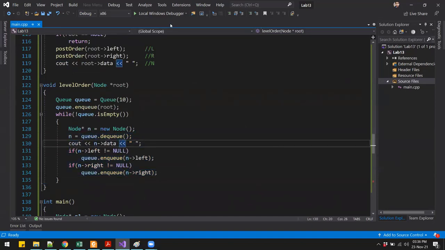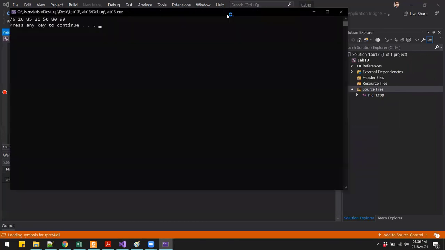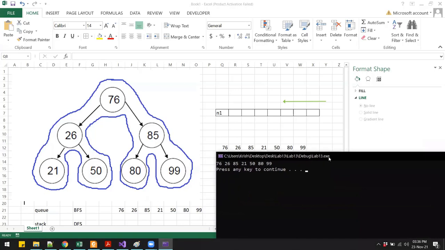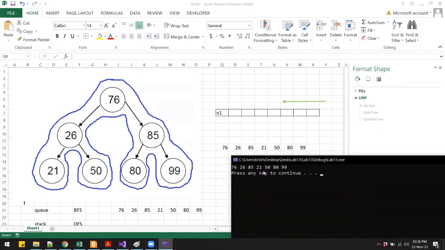Now when I run, you will see that we get the same output: 76, 26, 85, 21, 50, 80, and 99. So there were some errors in our code, but anyways, this is how the data would look when we use the level order traversal.